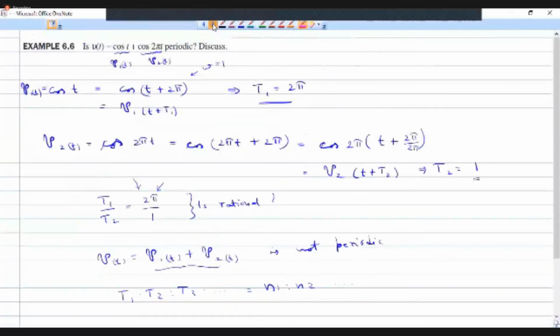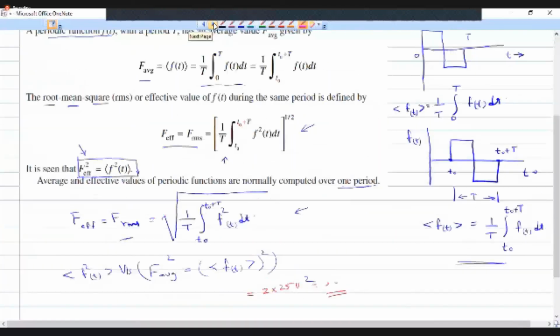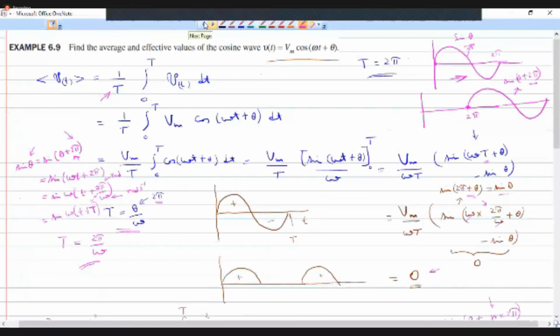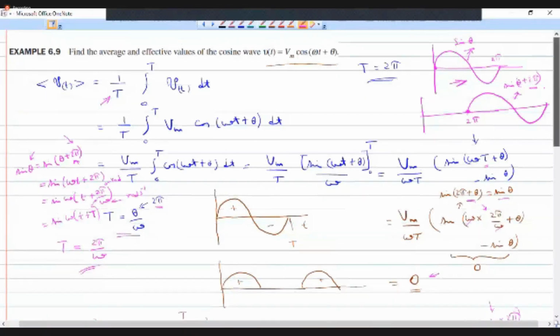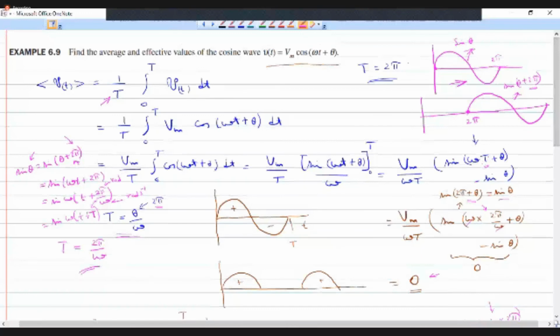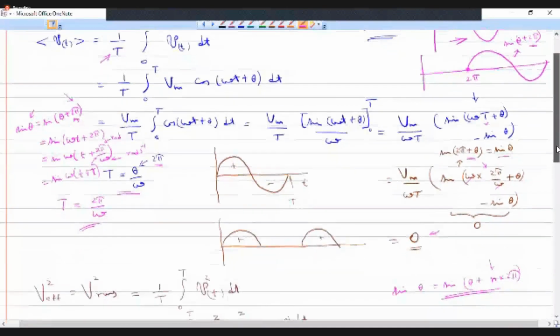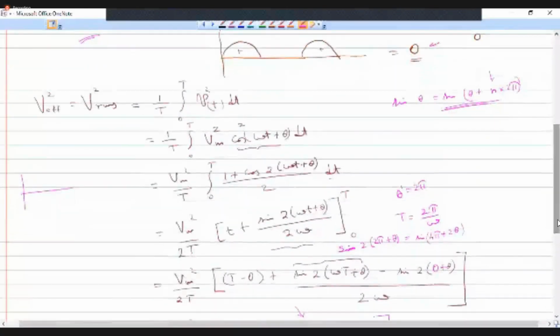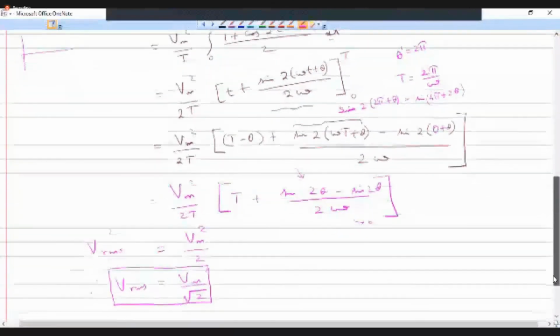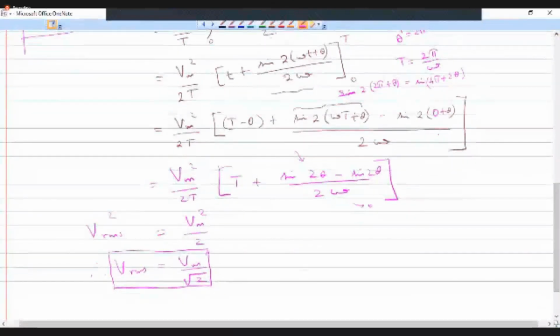So in place of the capital T, we have substituted it with the phase angle that is equal to 2 pi here. Okay. So T is replaced by 2 pi by omega, and then we have simplified and found out that the average value of a sinusoidal function is equal to 0, whereas the effective value of a sinusoidal function is equal to Vm by root 2. So any more doubts up to here? No. Okay. So we'll proceed